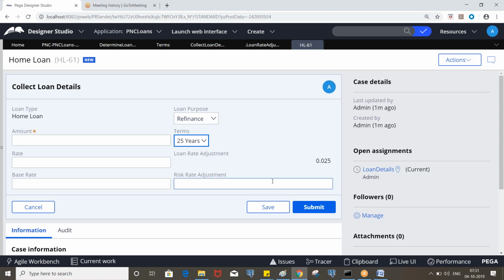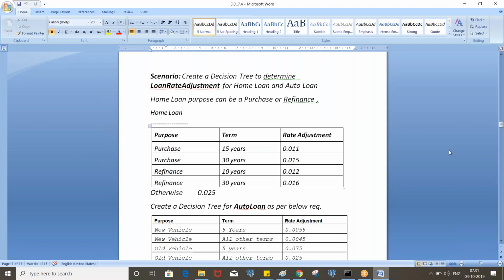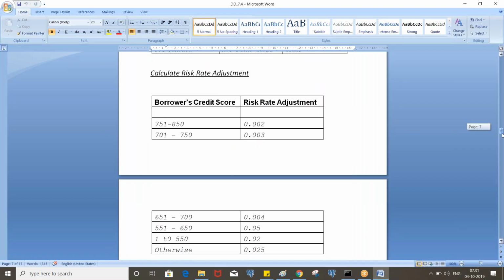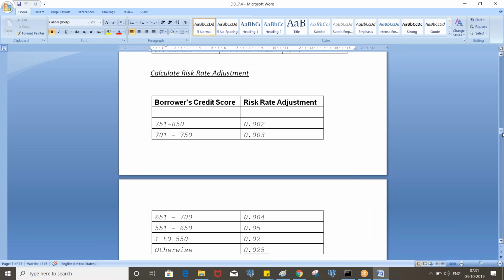Whatever credit score you specify there, based on that, it will return the risk rate adjustment. So put it in determine, or calculate, the risk rate adjustment.